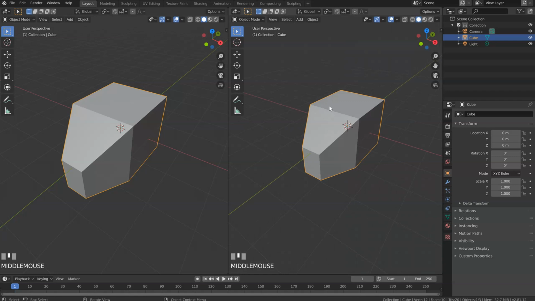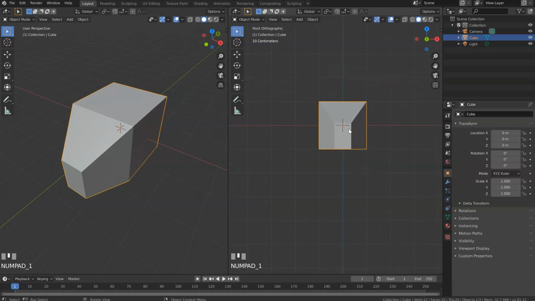You will tell me I don't want to go in the perspective view with the middle mouse, but honestly this is pretty nice to be able to get rid of the view like that. I really like it. Before I disliked it, but now it's better for me to be able to do this. So numpad 1, front orthographic view. You have the grid here, and as you can see in the perspective view, the grid is like that.